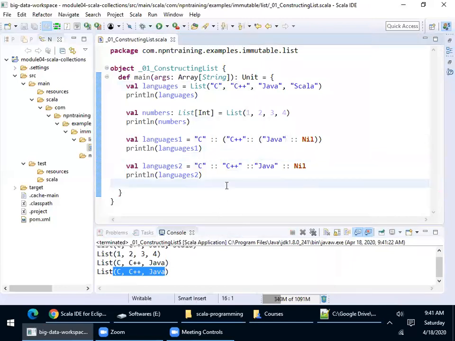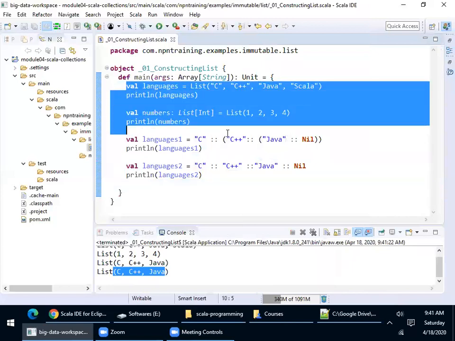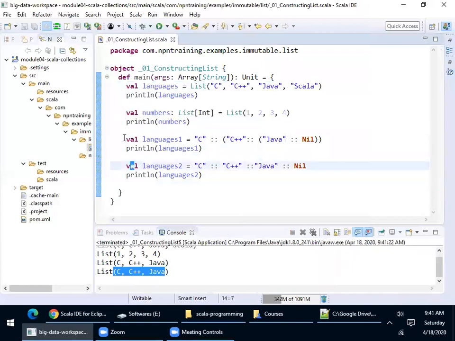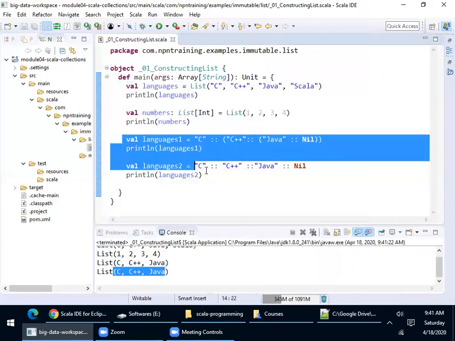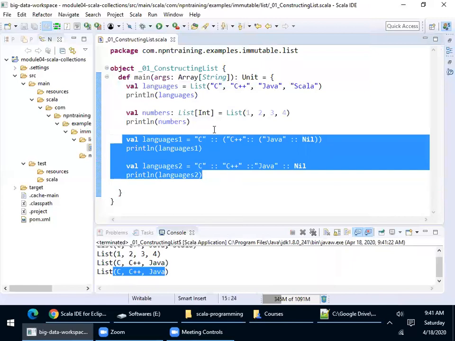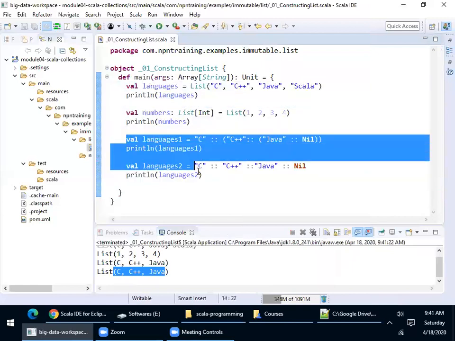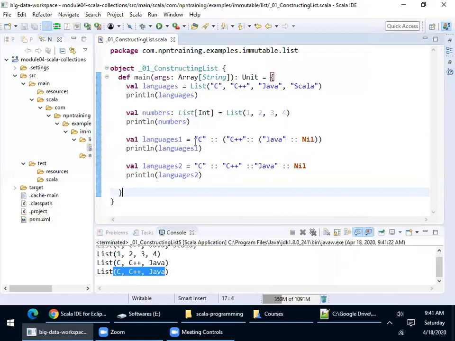These are the different variants available in Scala for constructing a list. However, the simple approach would be these two. We very rarely see creating a list with this syntax. There is no difference in creating a list this way or this way, but Scala provides you another way of creating a list with this kind of complex syntax also. So occasionally in open source projects, people who are highly experienced Scala developers use the syntax just to use the features of the language.